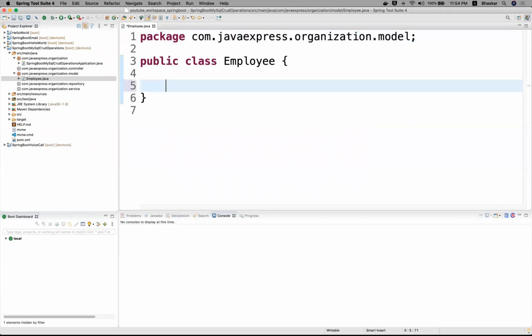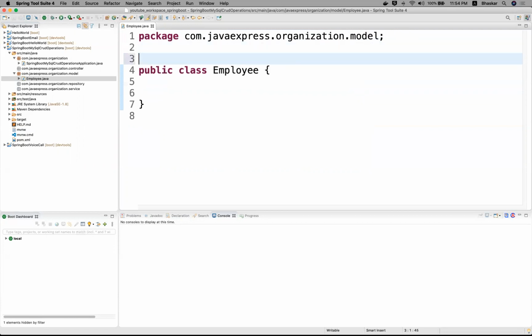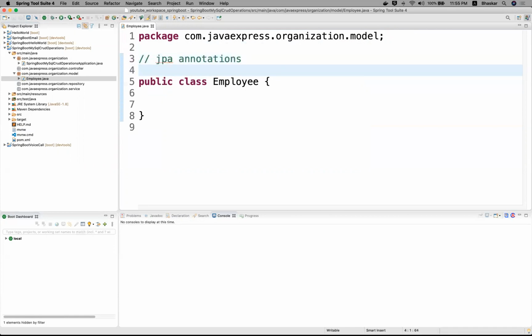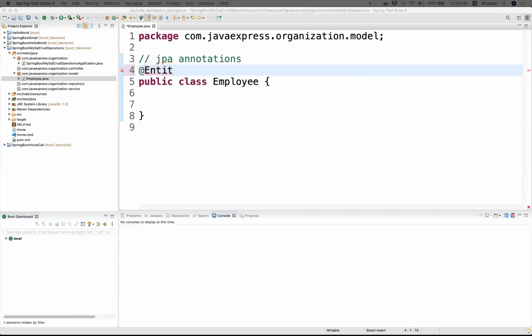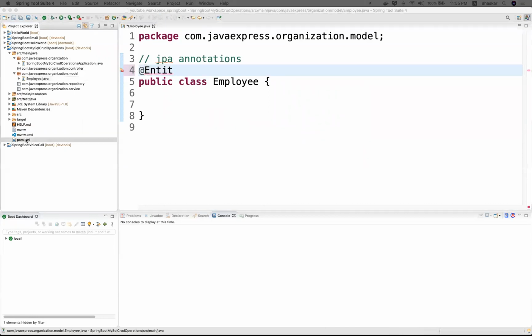What attributes are required? Now you can try to guess, guys. If you want to map this employee to your database table, I'm using JPA annotations. You want to map your model class. Now try to see here, at the rate Entity, I'm providing Entity. Now you are able to see the Java Persistence API is not able to retrieve, these annotations are not available. So to make it work, you need to add one more starter here.